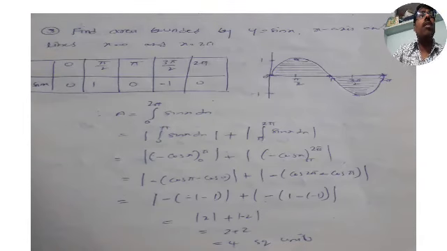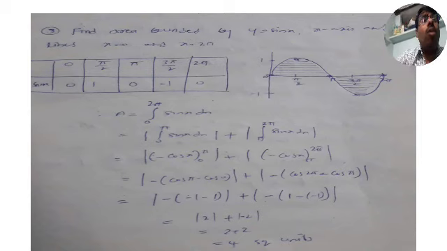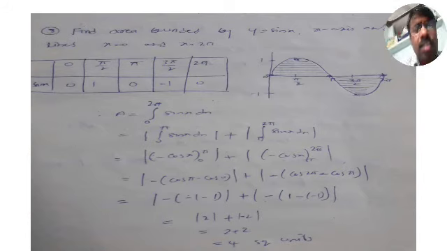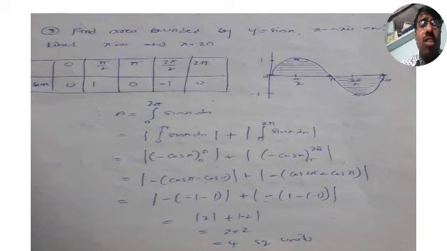Yes, this is my next problem. Find area bounded by y is equal to sin x, x-axis and lines x is equal to a and x is equal to 2 pi. So clearly it is x-axis and x equal to a and x equal to b line, that is x equal to 0 and x equal to 2 pi lines. And curve is y is equal to f of x, that is sin x. So formula is integration 0 to 2 pi sin x dx.